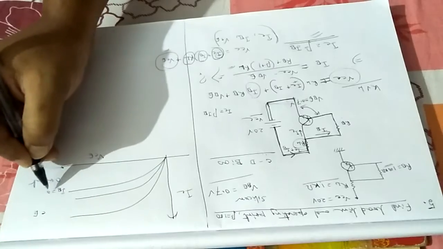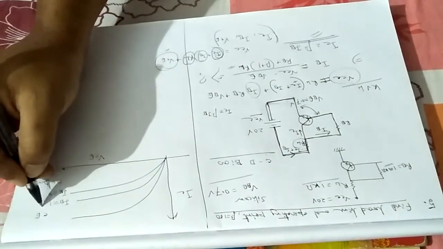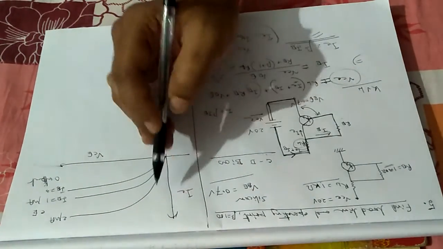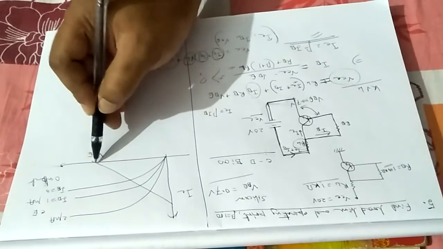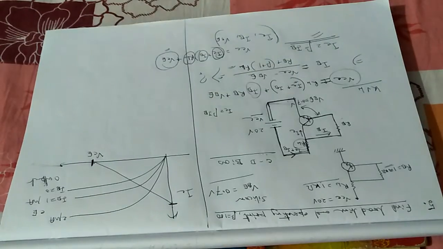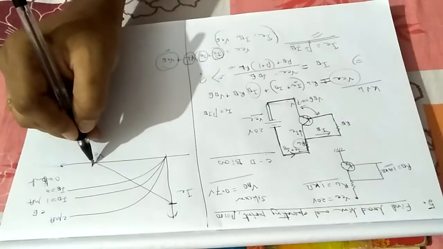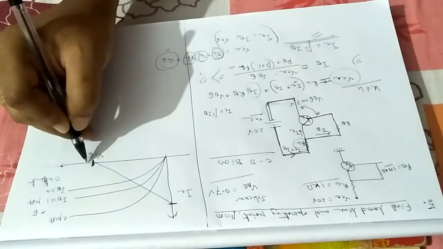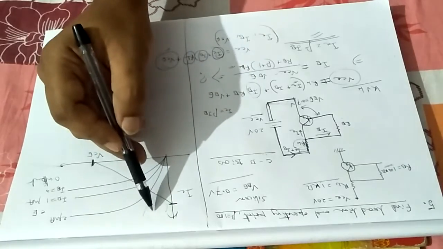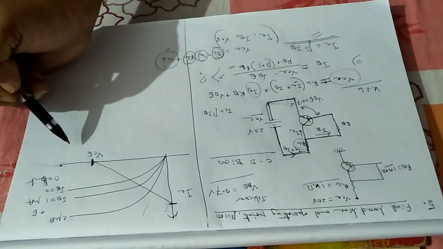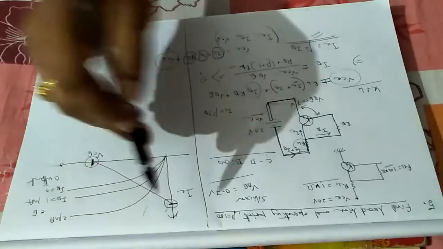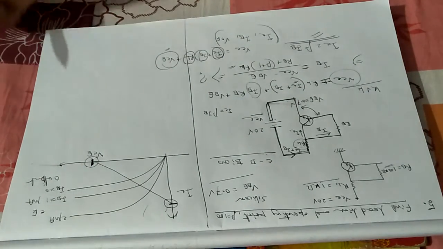This is IB equals to 0. This is IB equals to 1 microammeter, 2 microammeter or milliammeter, whatever. Then one line was drawn like that. Values were calculated for these intersecting points. You check out your previous video, and if you have gone through the book, the value of this point was VCC, 0, and this point was something 0, RC by RL or something. This is the load line. So if you get the values of the intersecting points like that, then you will be able to draw the load line.